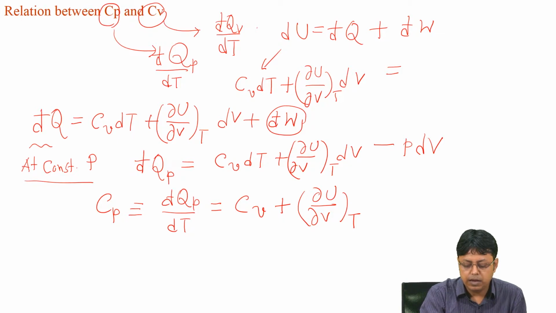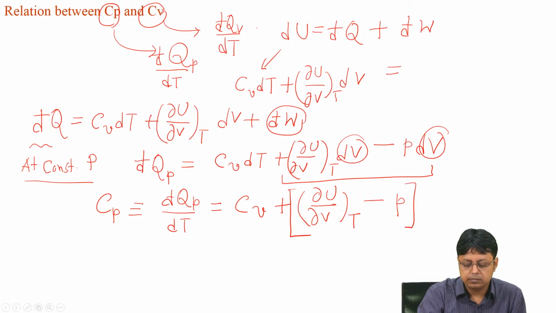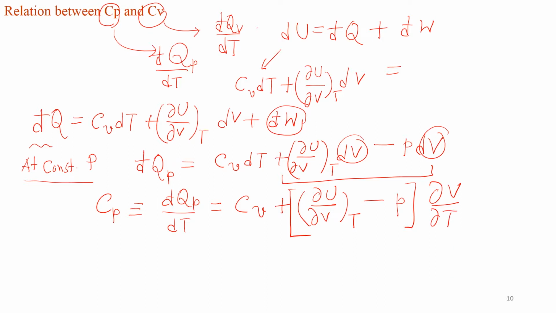So before that we can take the dV factor common and write it as this, and since we divided both sides by dT at constant pressure, we can write that Cp is nothing but equal to Cv plus [(∂U/∂V)_T minus P] into (∂V/∂T)_P. Let me rewrite it once again,